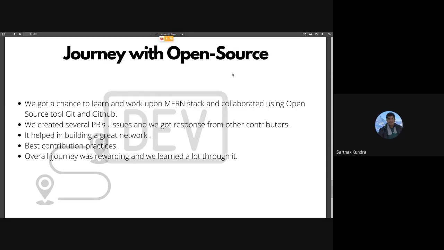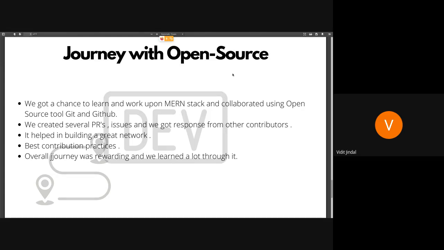So yeah, I think Vidit can handle it from here. So hello, good afternoon to all. Talking about the journey in this program, we learned about MERN stack and MongoDB in this project. We improved our skills, and as this was an open source project, it helped us to showcase our skills to everyone. PSOC actually helped us in building a great network, and my teammates are very supportive and they helped me a lot during the entire 2 month program.